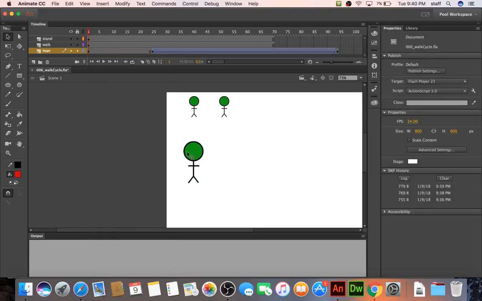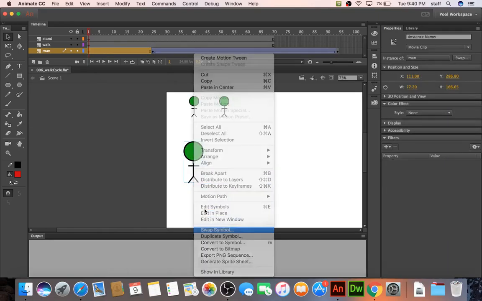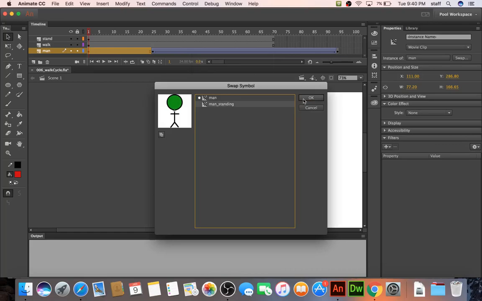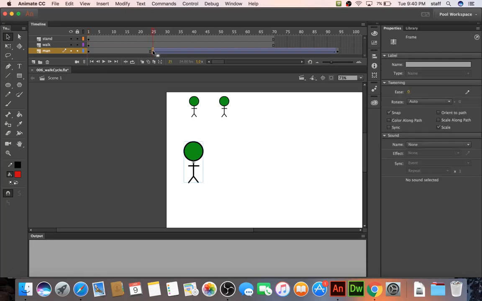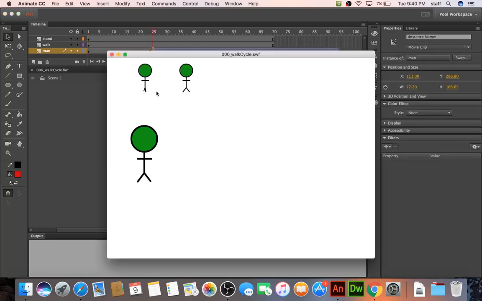Well, now you right-click and say Swap Symbol, and you get the man standing, and now that means from here to here, it'll just be standing, and then suddenly he'll be walking when we get to that frame. So perfect, right? And I'm kind of taking a lot of time to explain these points because it's a tricky concept at first for some people. Some people might just catch on right away, but